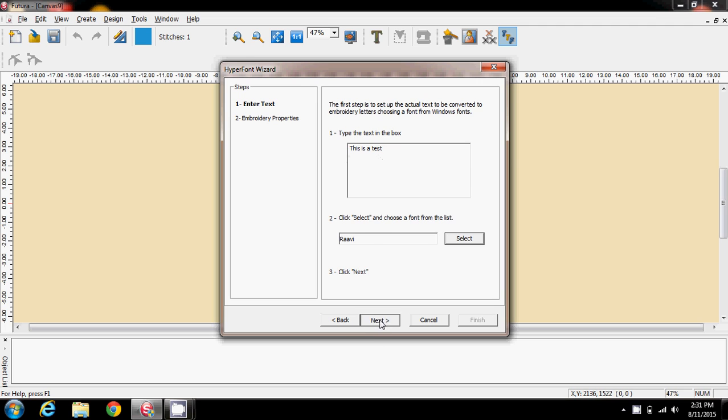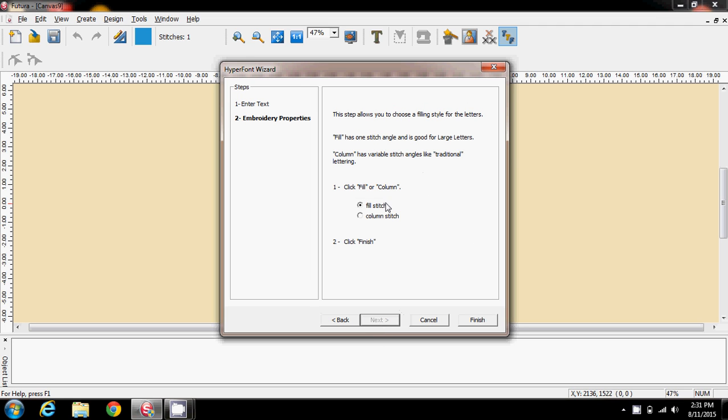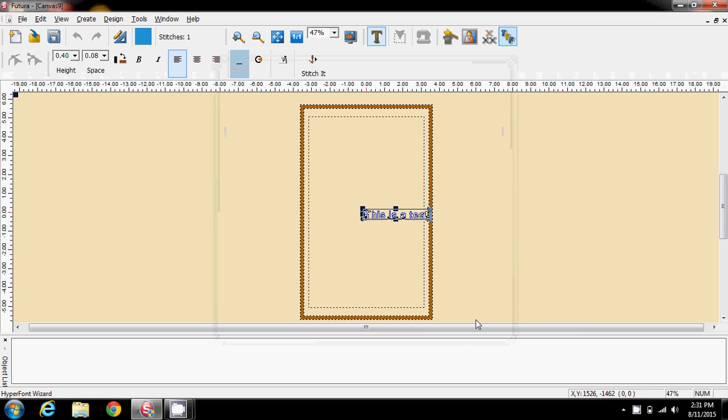I click on next, and it's asking me, do I want to have the stitches filled or do I want a column stitch, which is your satin stitch. In this case I want it filled, so I'm going to leave the fill stitch selected and go to finish, and there it's put it in the center, and I'm going to move it up